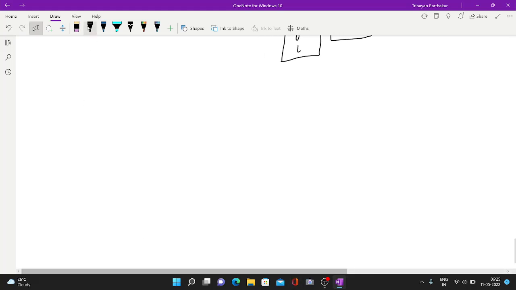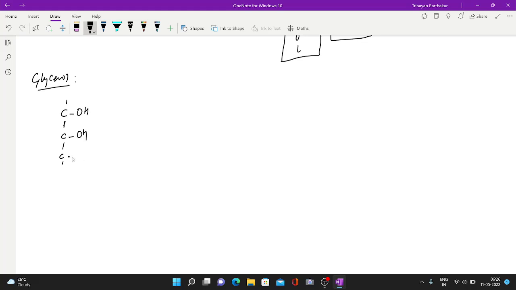So first and foremost, what is glycerol? Glycerol basically means a molecule of 3 carbons. Glycerol has 3 carbons, and each carbon has a hydroxyl group on one end, and on the other hand, you have hydrogen to make the valency correct. This is glycerol. Now, to this glycerol, you add